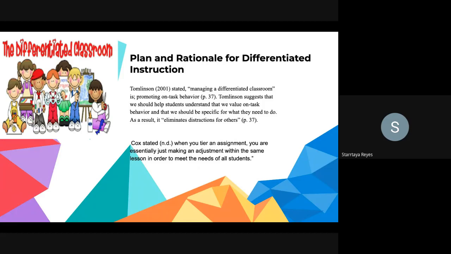Each year, you get a new group of kids. You can't use the same plan from the year before because all students are different in some way. So it's always great to have a thorough plan that you can make adjustments to